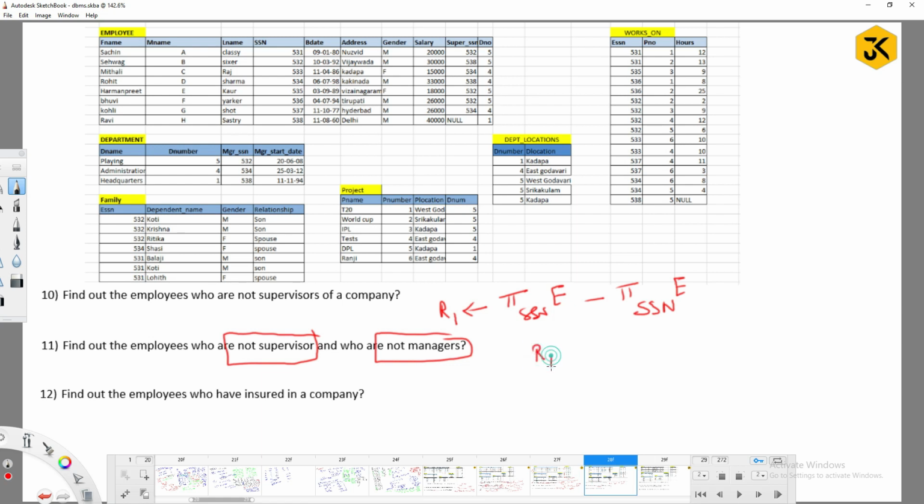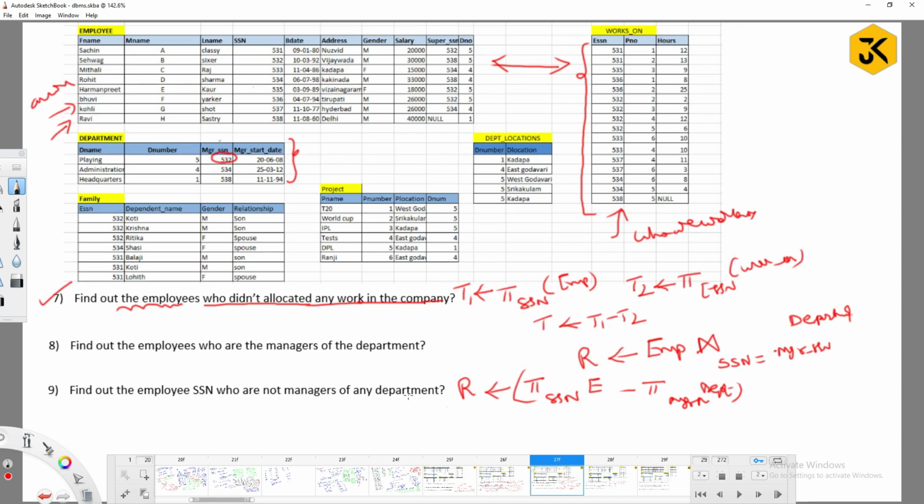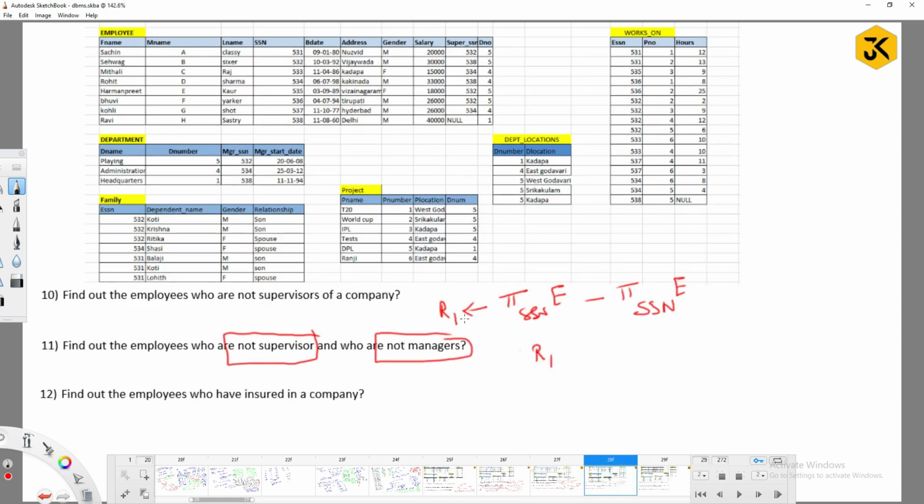R1 is non-supervisors. Okay. Next, if you look at the previous query, not managers are also there. I am assuming it as R2. This is R1. Then to find out the employees who are not supervisors and not managers, what operation do we need to apply between them?